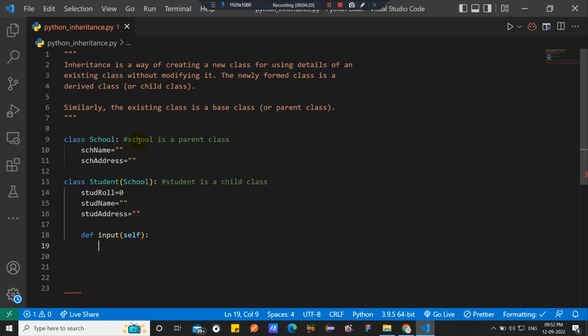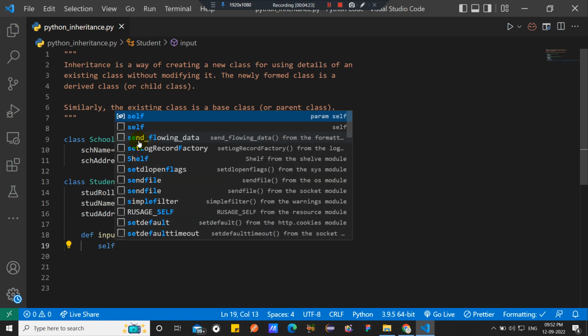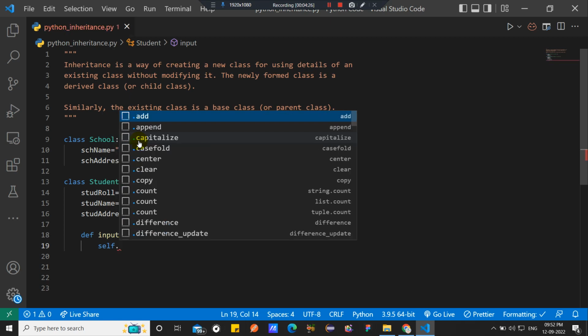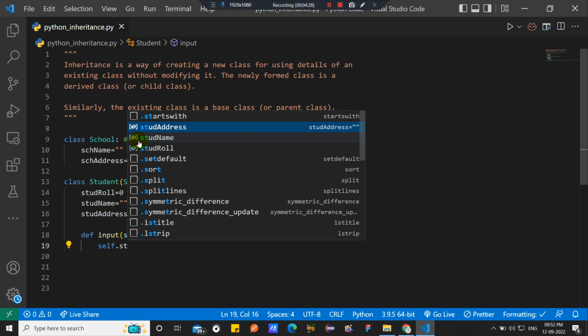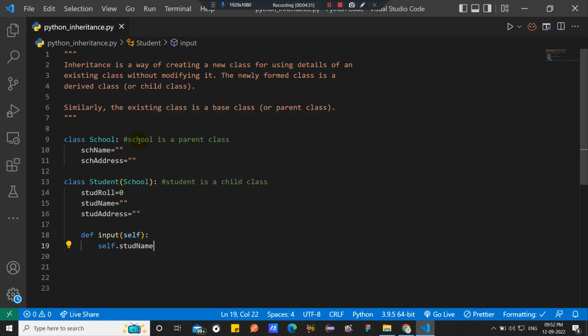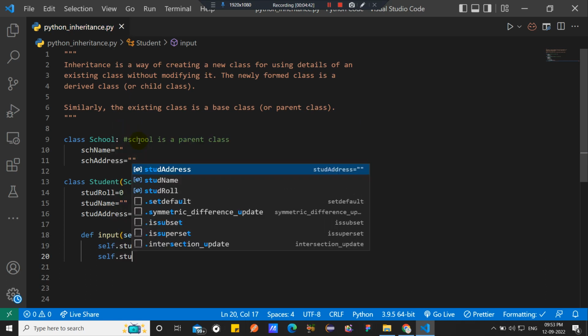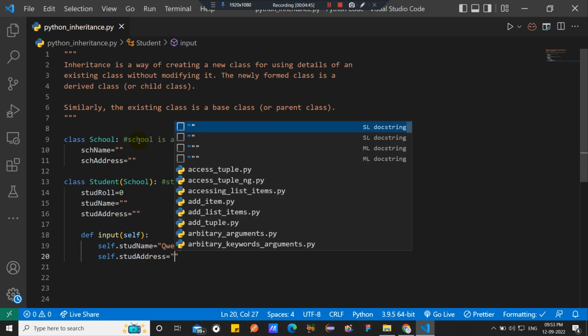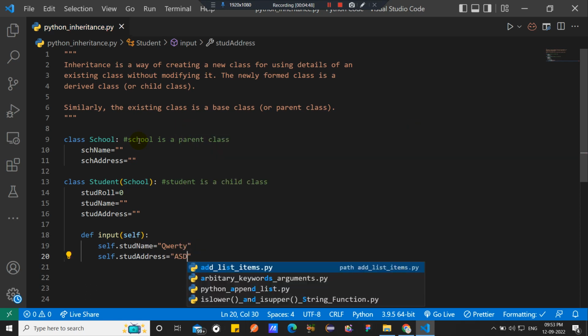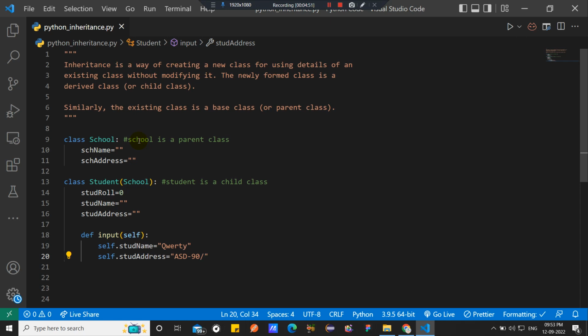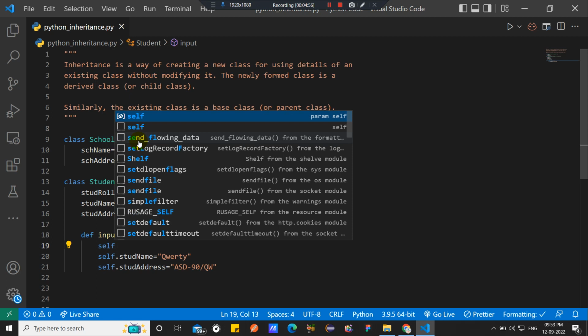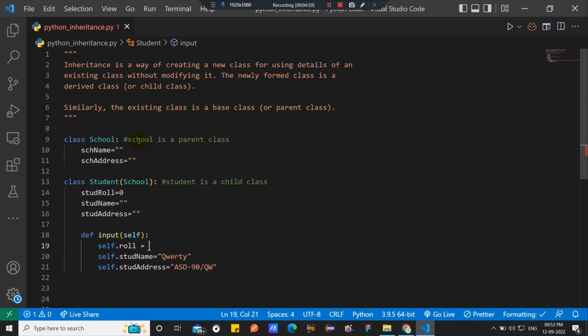Here you have to initialize self dot stud name, you have to assign the student name, then self dot stud address, assign the address, and self dot role equal to